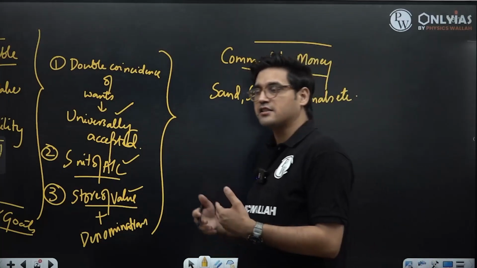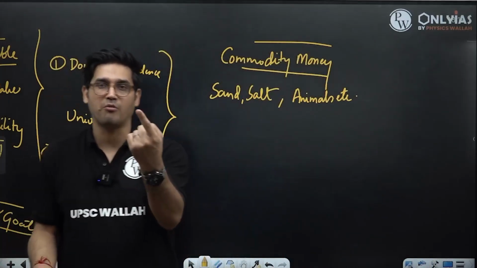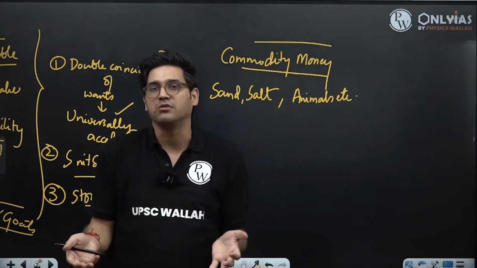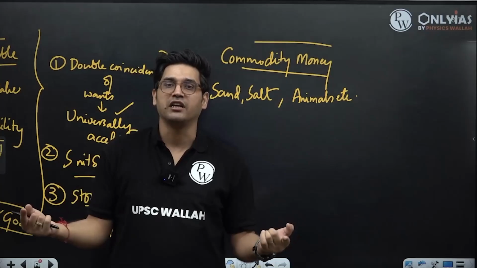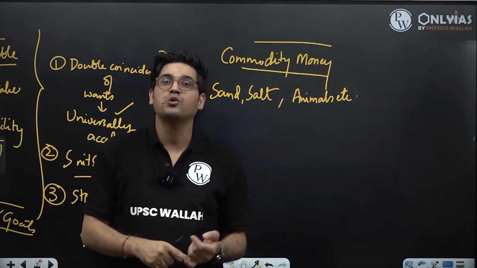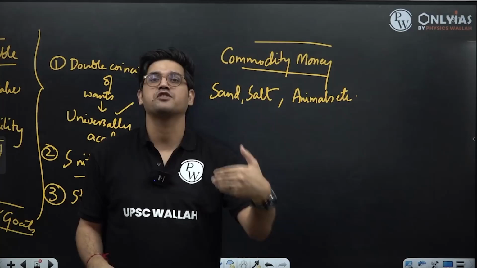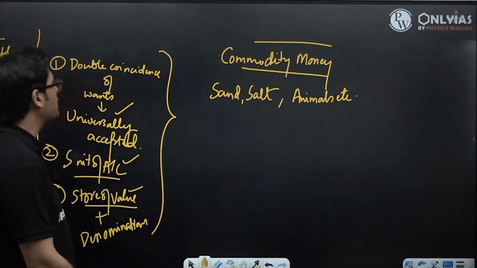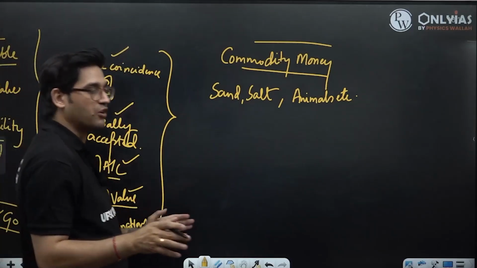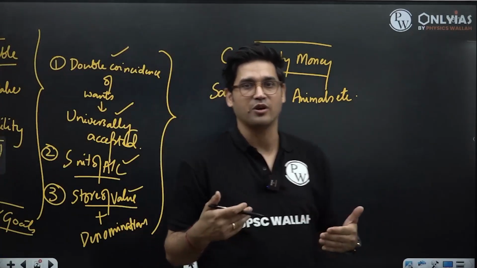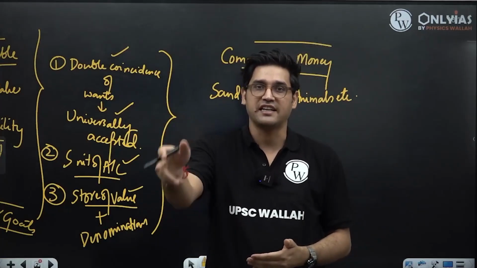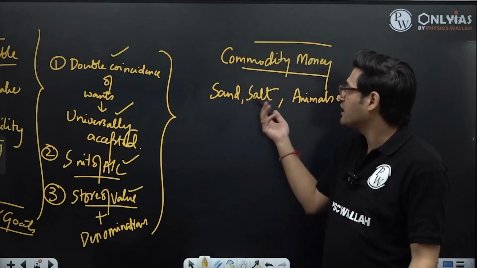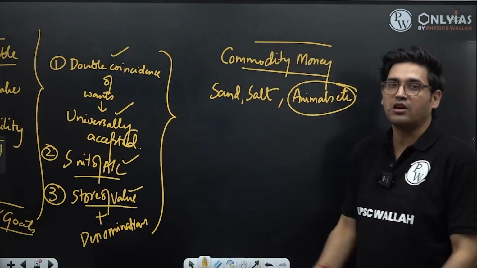So what societies decided to do was that they would pick a common commodity. It could be sand, it could be stone, it could be grains of salt, or it could be animals. And they are going to tell everybody that, you know what, you will have to accept these commodities in exchange for what you produce. That means these economies definitely solved for the first problem, which is the double coincidence of wants. Now there is no double coincidence of wants. There is no requirement for you to have exactly what I want and for me to have exactly what you want.